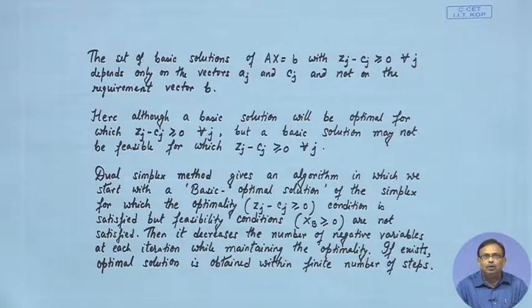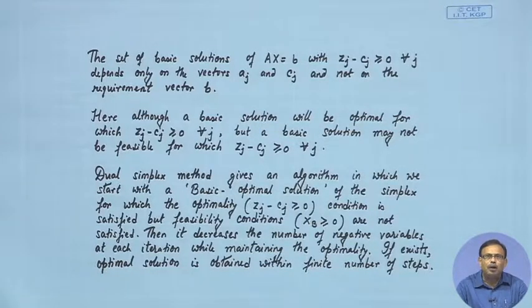The involvement of the requirement vector B is not there. So, although a basic solution will be optimal for which z j minus c j is greater than equals 0 for all j,